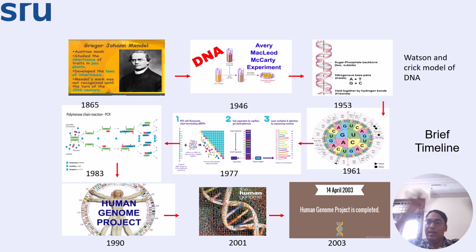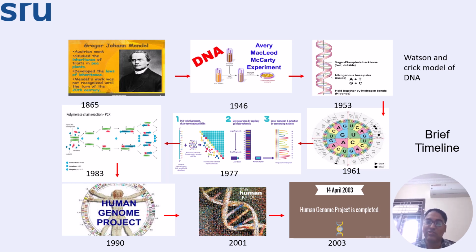So now I'm clustering this series of experiments rather than going into detail of each of them. See, Gregor Johann Mendel gave Mendelian genetics, of course. He initially turned up that something is there. Okay, DNA is there. Then the Avery, MacLeod and McCarthy experiment came up. Hershey and Chase came up. Then the Watson and Crick model came up. DNA is double stranded. Then codons, bases, the entire concept came up.